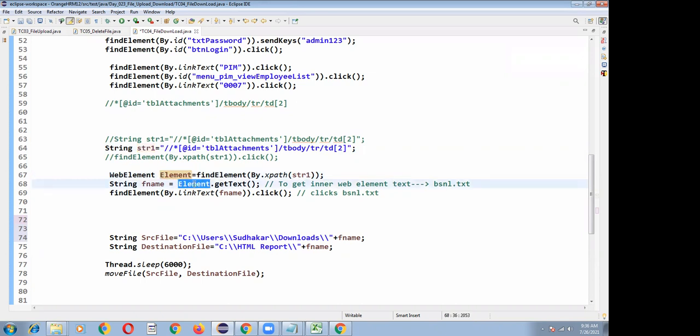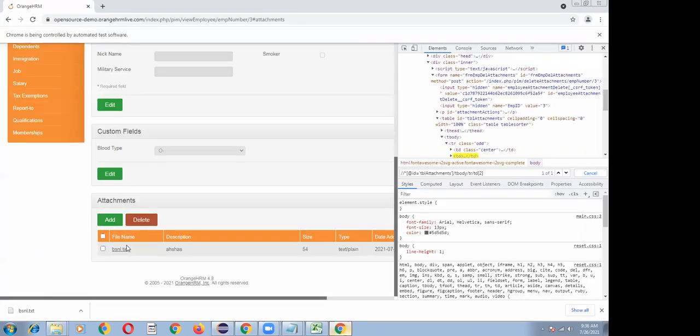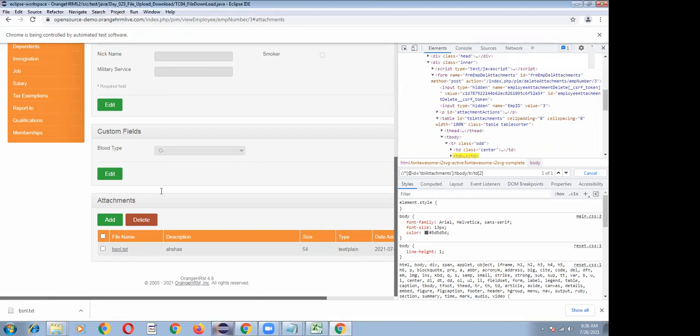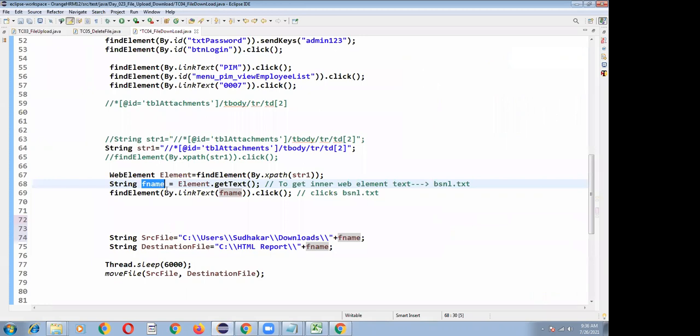It contains some inner web element. Element dot get text: whatever text it contains will come here. So that bsnl.txt value is coming into the string variable, and that is a link text, right?